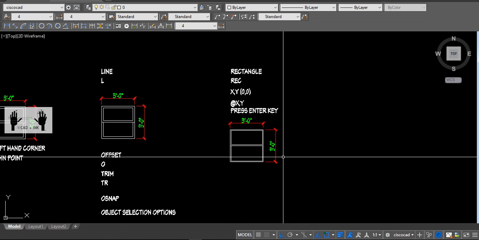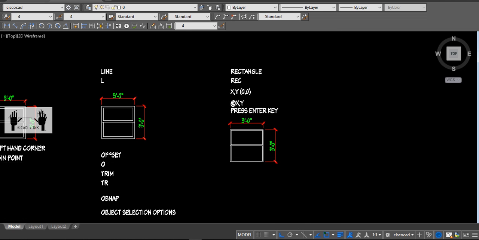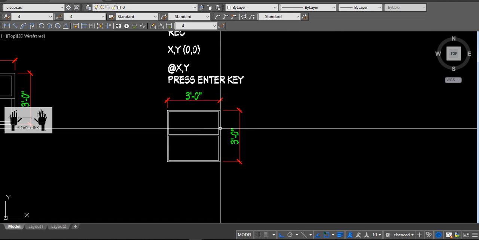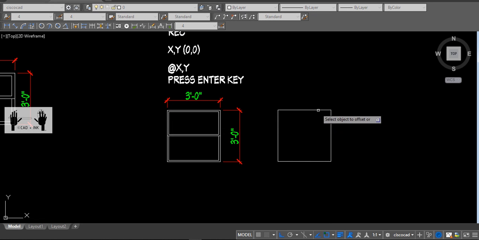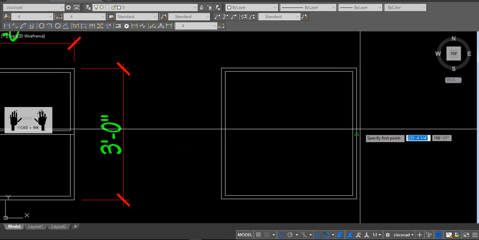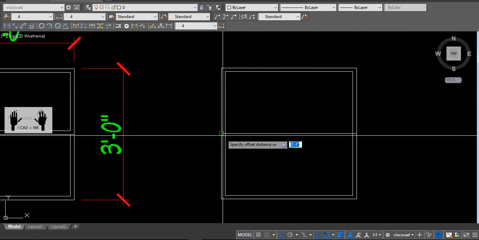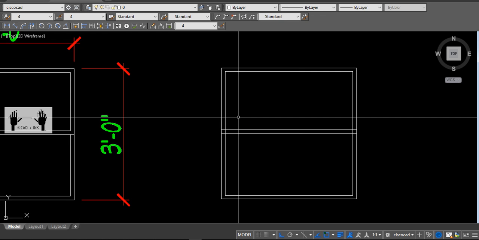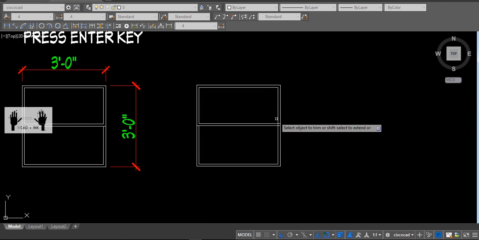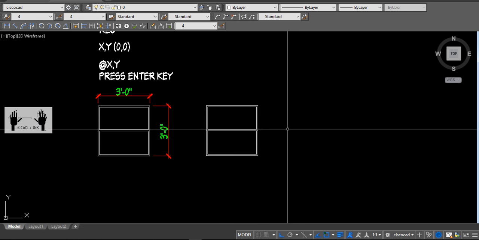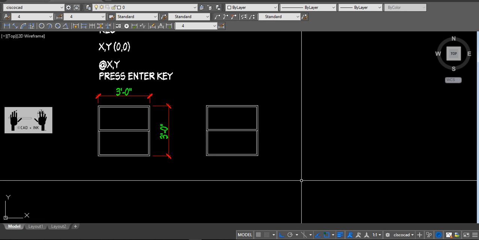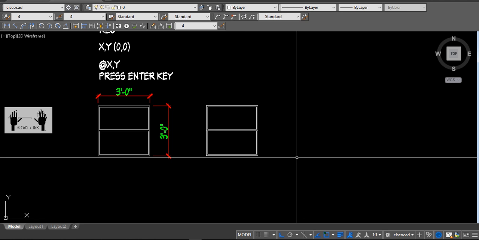So once again, you're going to draw all these side windows using the rectangle command and go through that exercise once again. So draw a 2 foot, 2 foot 6, 3 foot, 3 foot 6, and a 4 foot window. Alright. And when you're done,